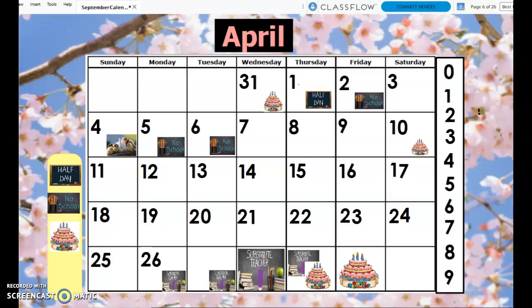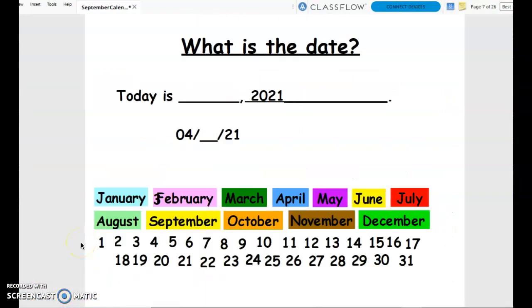All right, second grade, if we look at our calendar for today, then we see that today's date is Tuesday, April 27th, 2021. If we write out the date that we just built, then we would write that today is April